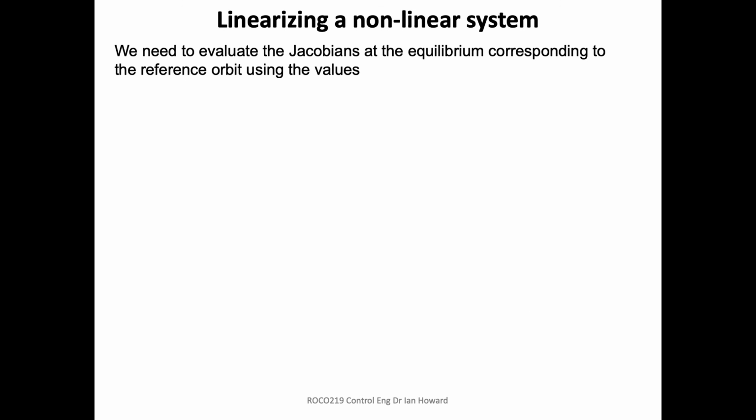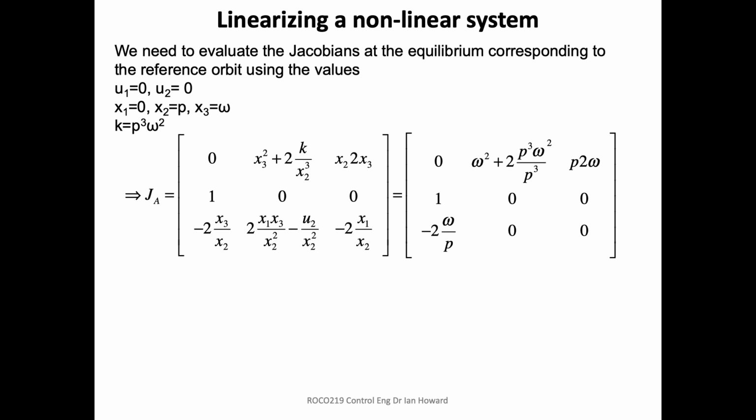Now we've got to evaluate this at equilibrium positions. So equilibrium position is when u1 and u2 are 0, right? And we've also got the situation that x1 equals 0, x2 equals p, and x3 equals omega, right? So all we do, and we've also got this equation k equals p cubed omega squared. So we have to stick all of that information into our equation, and if we do that, we end up